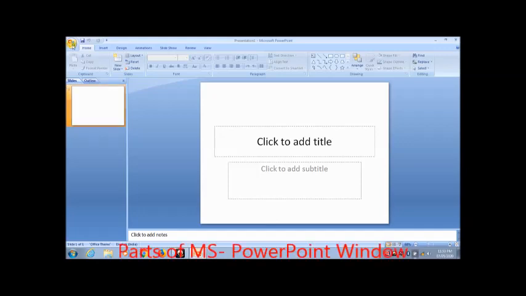This is the Microsoft Office button. It is a drop down menu which contains different commands such as new, open, save, etc. This is the ribbon, which has different tools arranged in the form of tabs, and these tools are organized in groups. Here we have on screen a slide. This is our slide number 1, and on the left side of our screen we can see the miniature form of this slide.